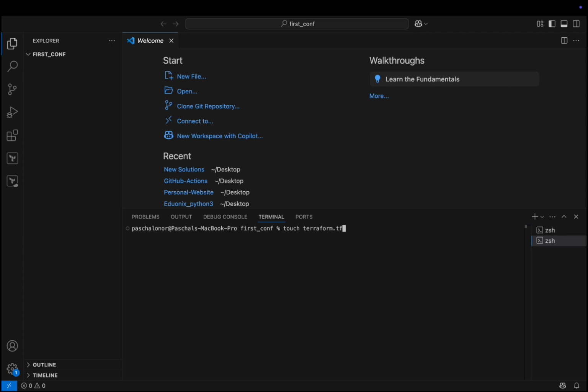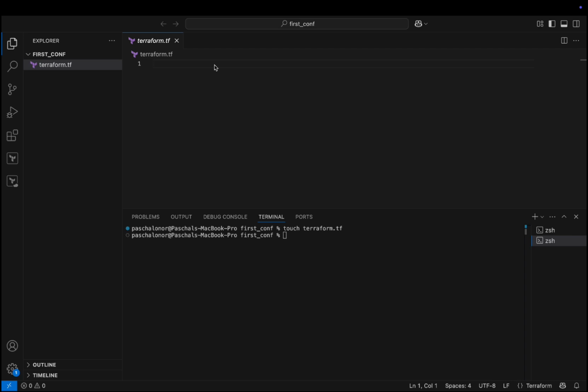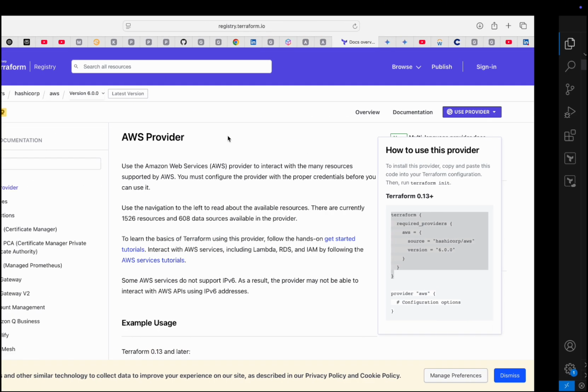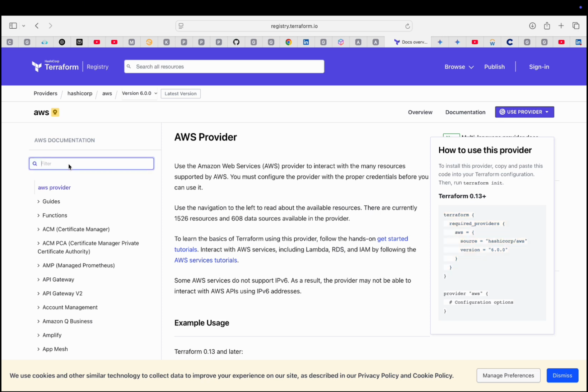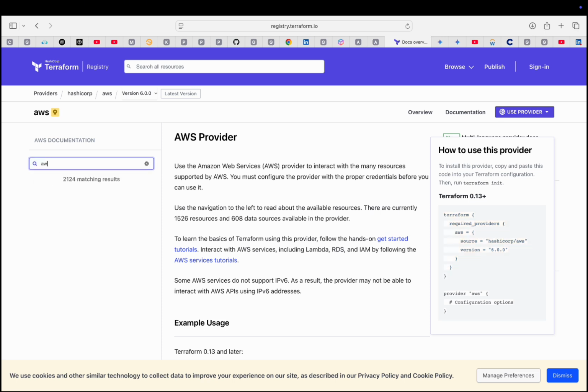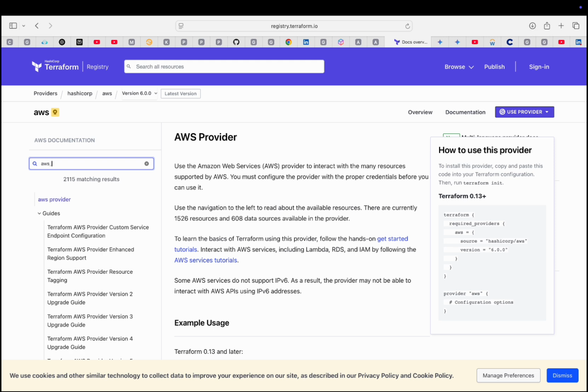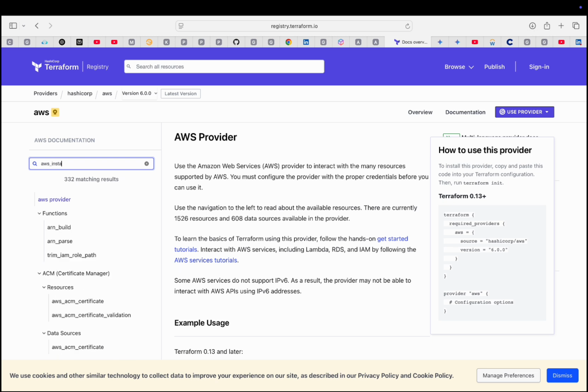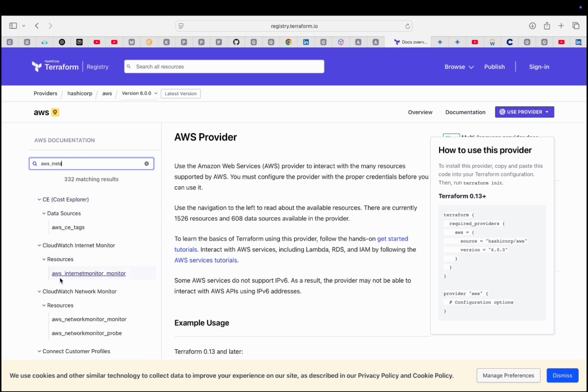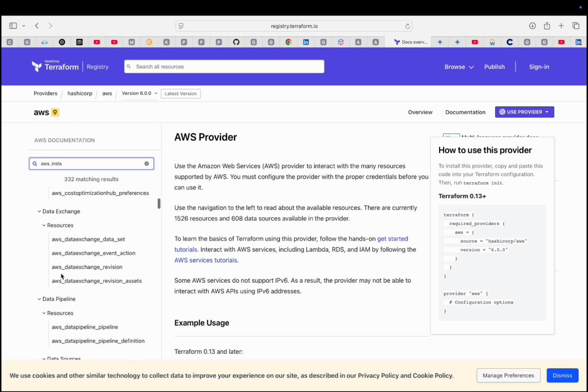So what I will do now is create the first file, which will be the terraform.tf file. In that file, I will put in the Terraform required providers block. As you can see, it's going to be the AWS, and the source is hashicorp/aws. The version is going to be 6.0. Now let me get the AWS instance documentation page